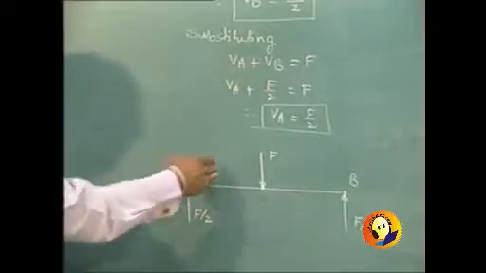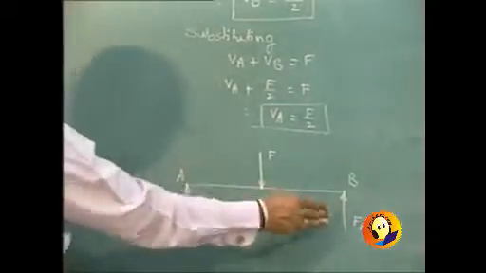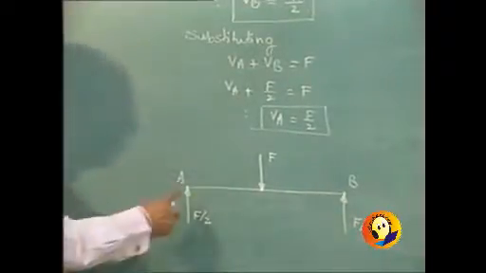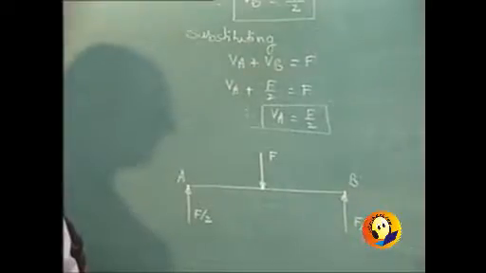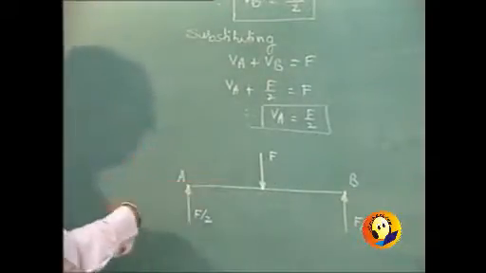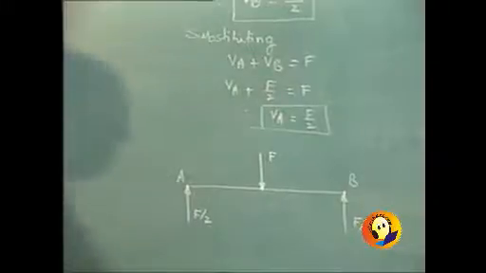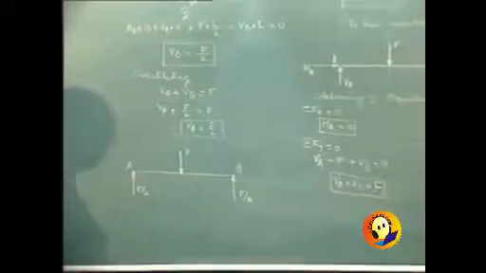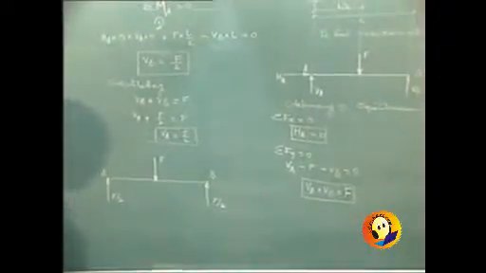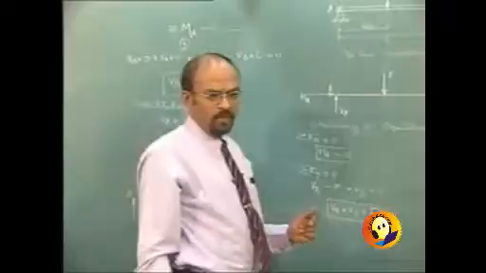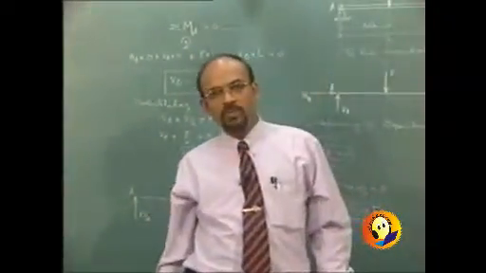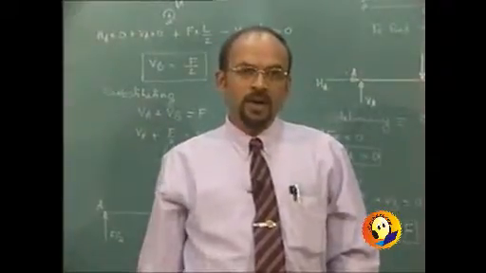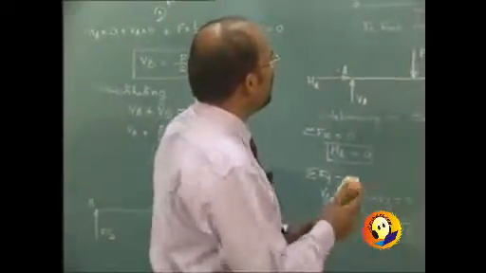Observe that the force got supported by two reactions which are equal and opposite in direction because of the symmetry of this particular figure. Because of the symmetry, the reactions that we got at A and B had the magnitude as half the given force. So symmetry of the problem will always play some role, but it need not be always the assumption that will go along with it. Let us consider what will happen if force F,